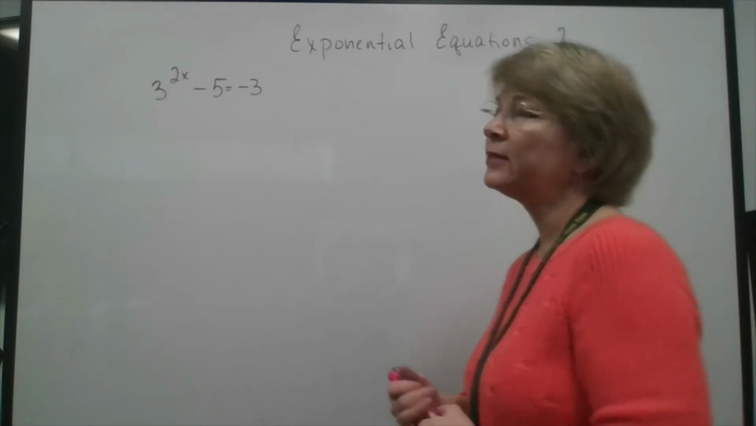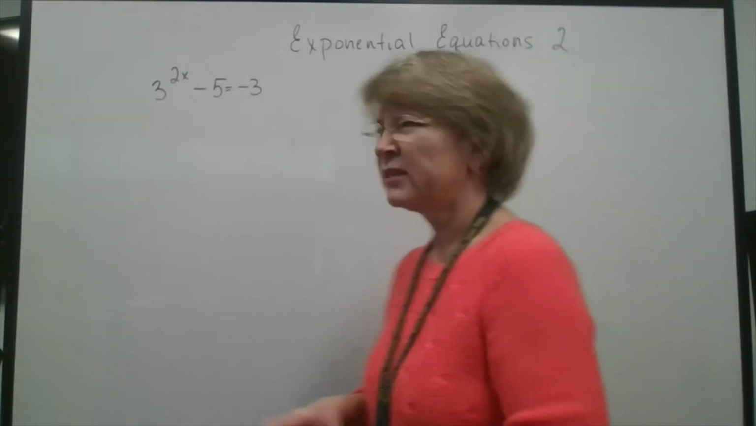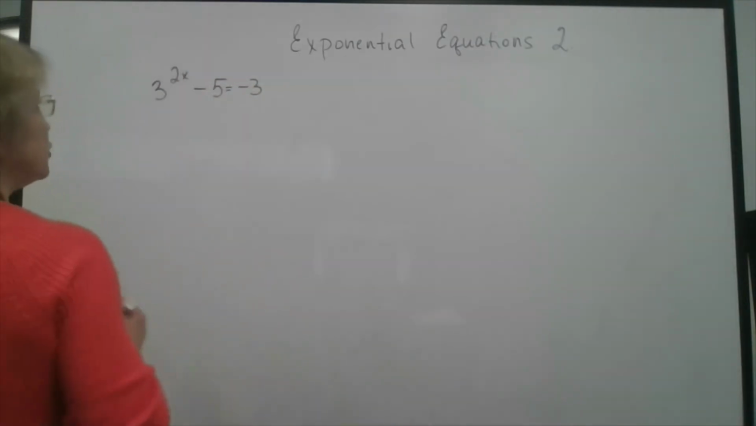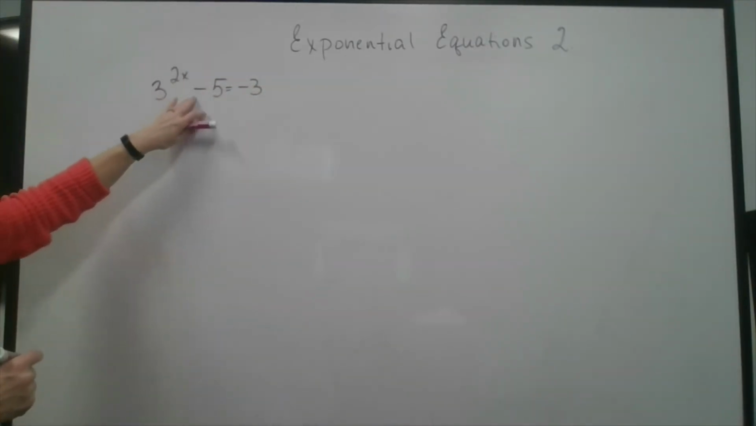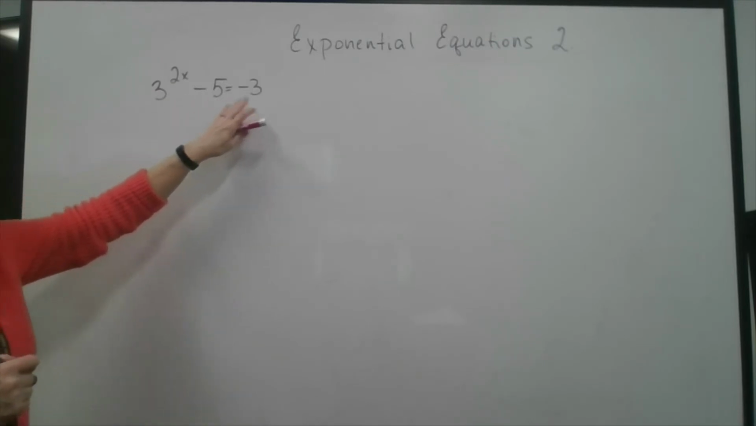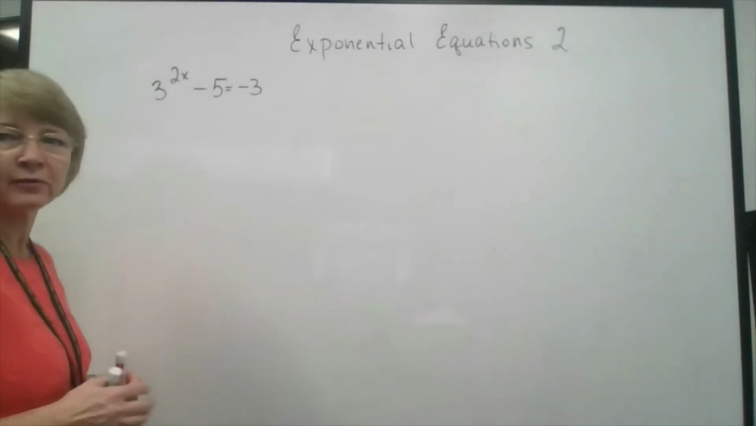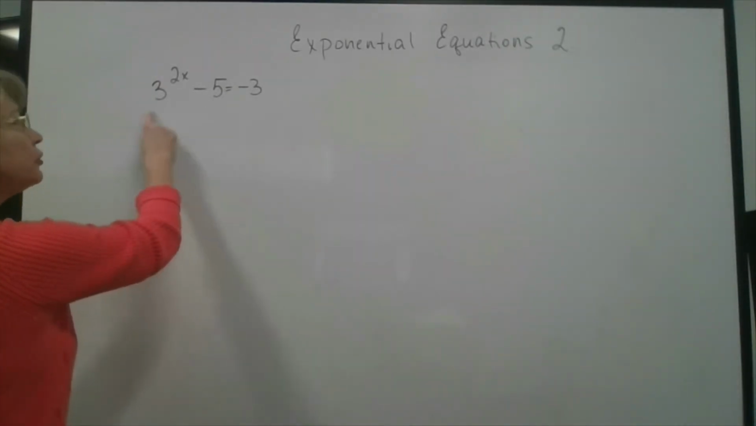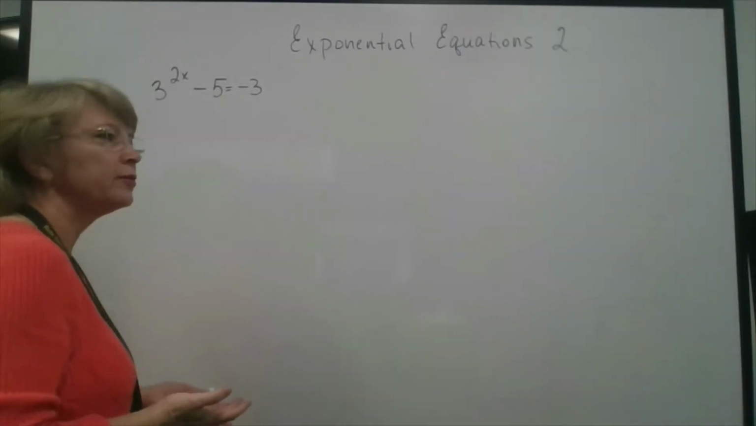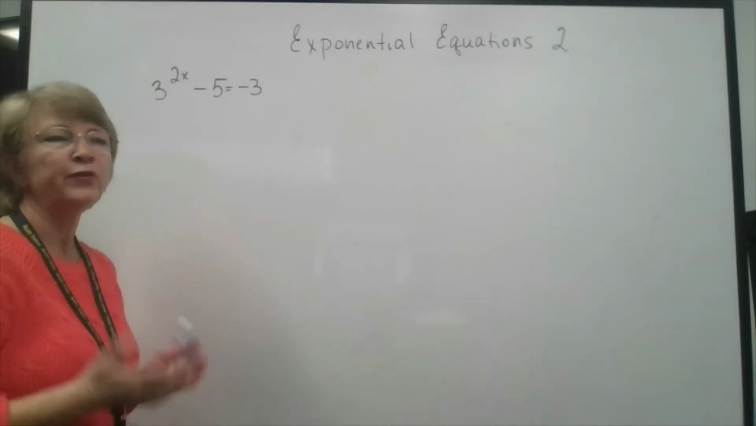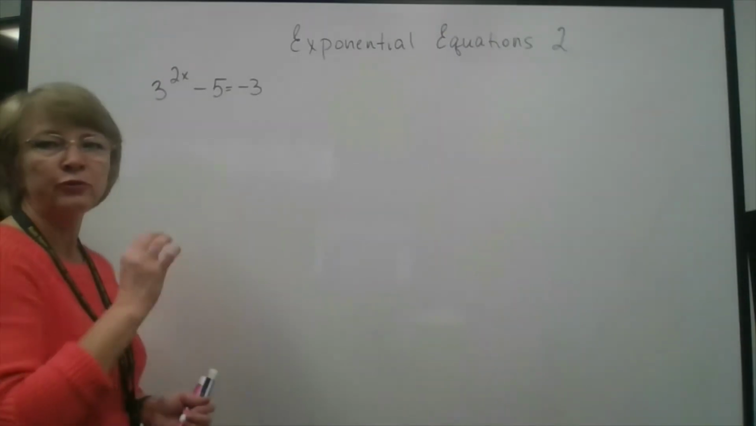Now we'll solve a little bit different equation, a little bit harder, but not too hard. So we have 3 to the power 2x minus 5 is equal to negative 3. What is different with this equation? We have 2 terms on the left. And in all the equations before that we solved, we always had just one term on one side and one term